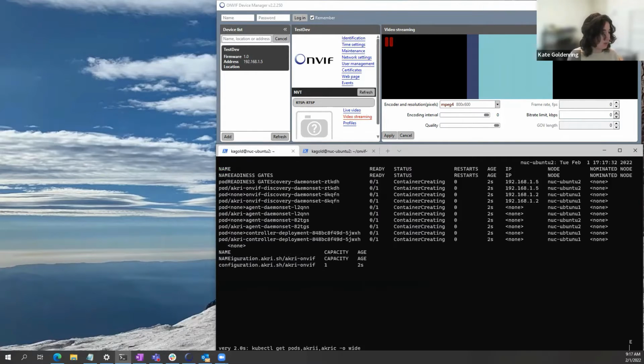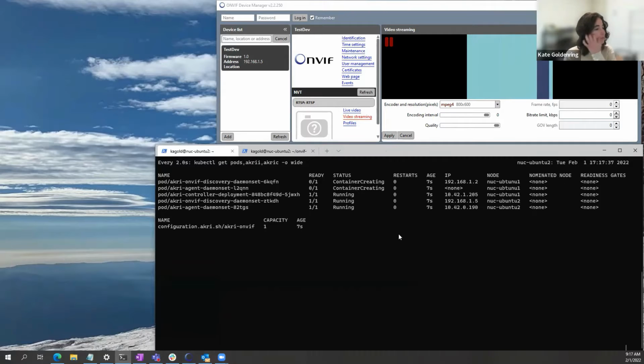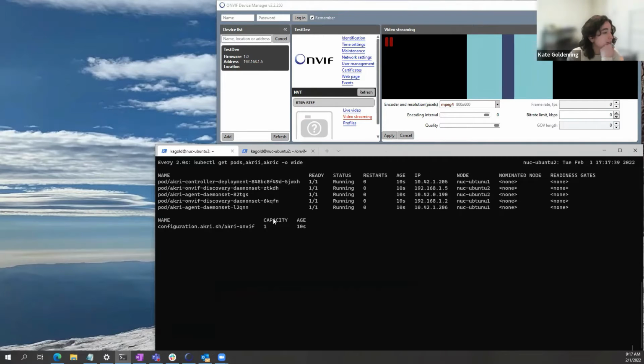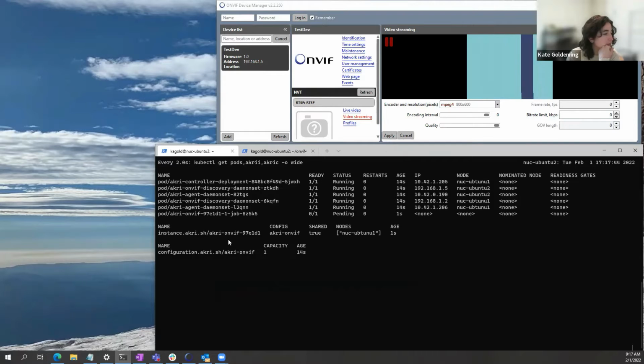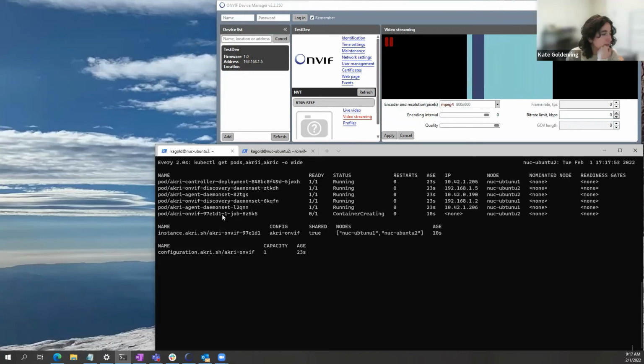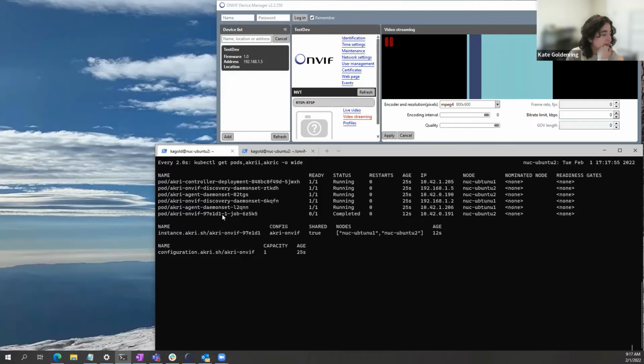So the thing to focus on here is that even though we have 2 nodes, when we discover this instance, we're just deploying one job to it. I think in the past, when we did our broker style, okay, actually it's